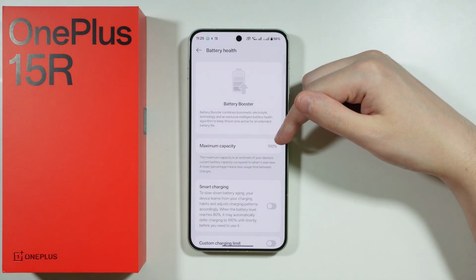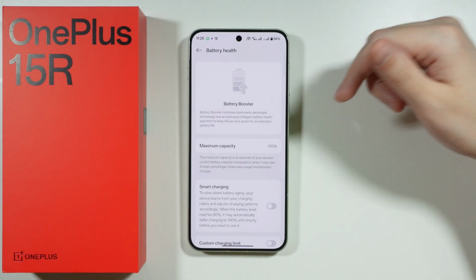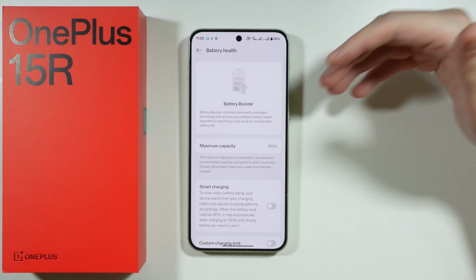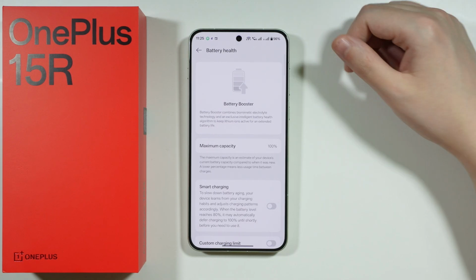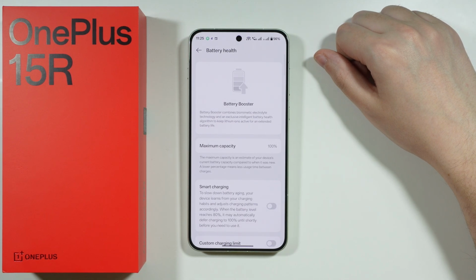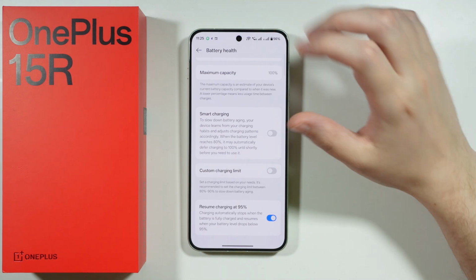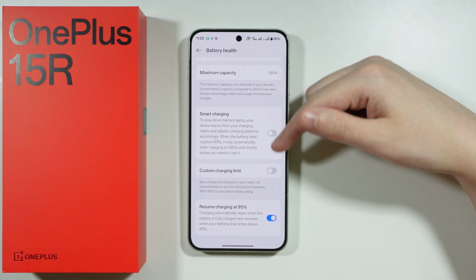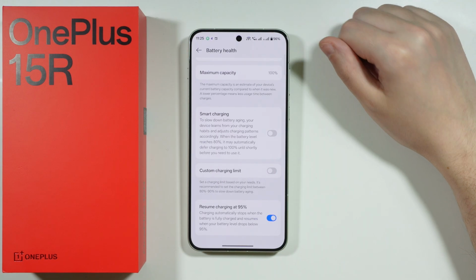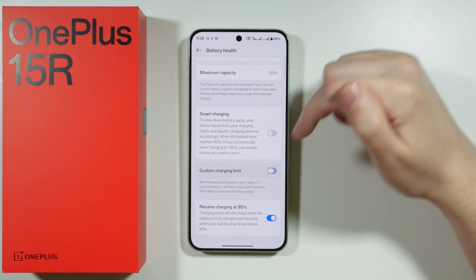This is inevitable, so after some time the percentage will drop. This is something that happens in every smartphone. And this is battery aging, and of course we can do things in order to slow that process down, but we cannot fully prevent that from happening. Now, speaking of the battery aging issue, we have these charging optimization tools like smart charging or custom charging limit,